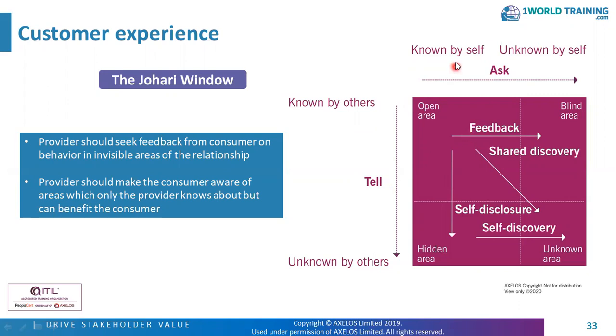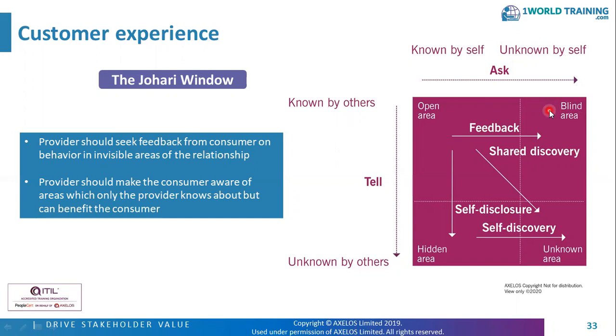So when the provider has awareness of themselves, it's an open area. When the consumer also has awareness of the provider, it is an open area. Both parties know about the provider clearly. But sometimes the provider may not know something about themselves. In that case, if it is known to the consumer, then the consumer should provide feedback, or the provider should ask for feedback from the consumer,